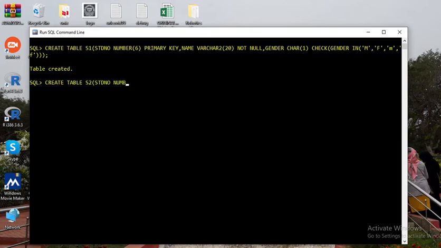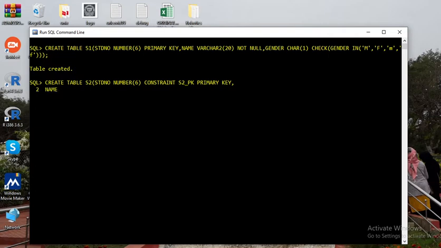The number I'm giving is 6 here, but I'm giving a condition name with the keyword constraint. I'm giving the name S2_PK, which means I'm going to give a name to a constraint, where S2 means the table name and PK is nothing but primary key. So primary key, this is one, and next